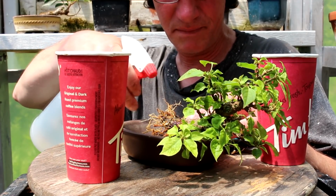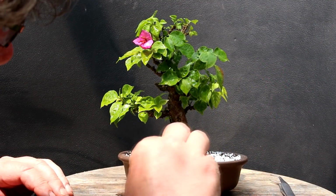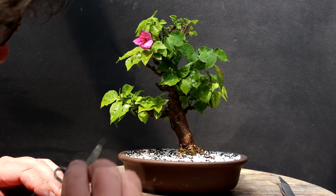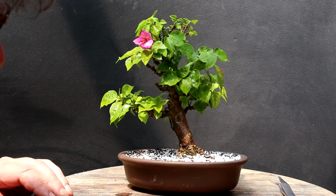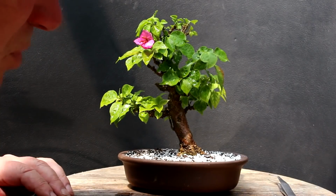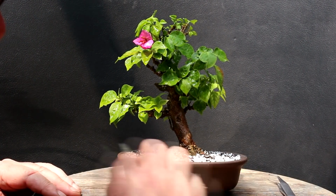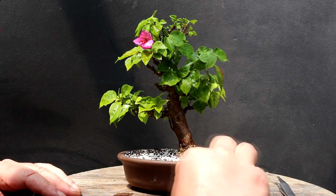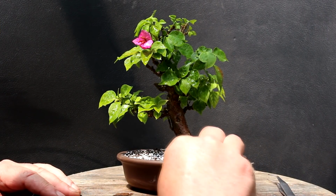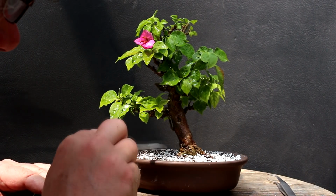Okay, so we're ready for our repotting. I'm just going to keep misting the roots. So you can see we're starting to get nice, realistic surface roots on the tree. And that's a result of pruning over the years, good root pruning, getting our radial roots sorted out, keeping our root ball flat so all your surface roots are feeding the trunk of the tree, so it gets larger down here at the base